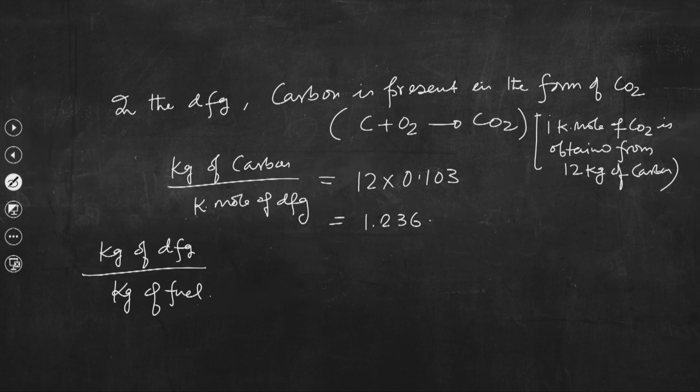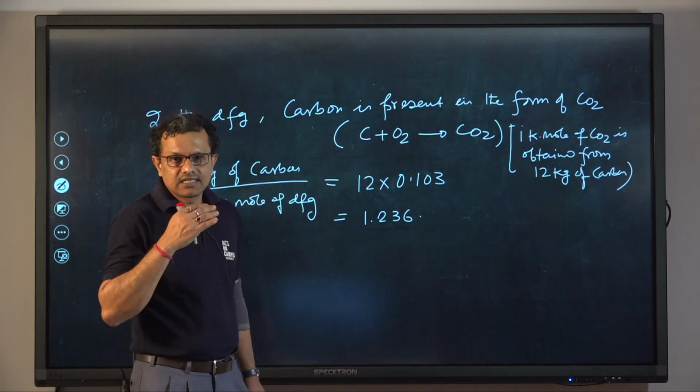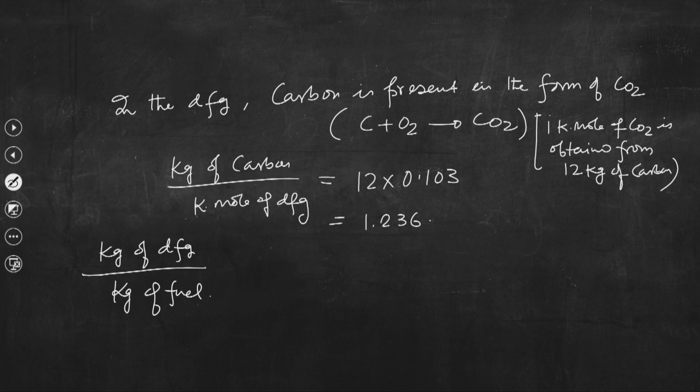Try to understand, we said that following this method we can calculate volumetric efficiency if we know two things. One is the mass flow rate of fuel and the other is the composition of fuel. From the composition of fuel we will see, but we know the kg of fuel, that is very important to know. So, we can write kg of DFG by kg of fuel equal to,